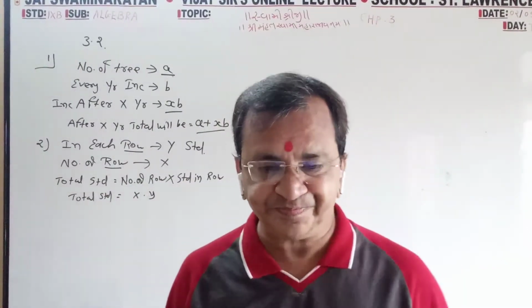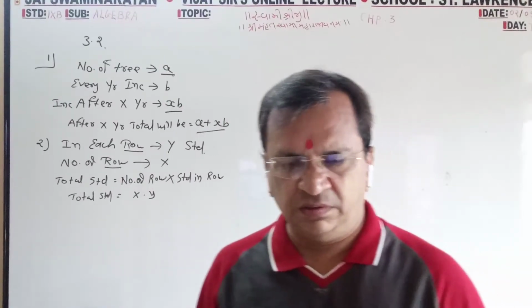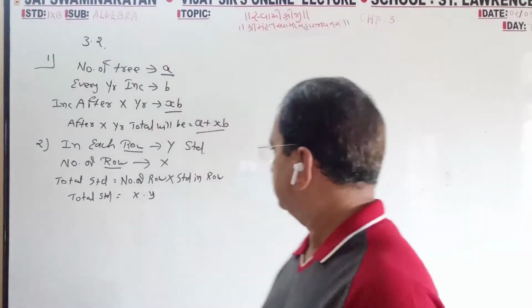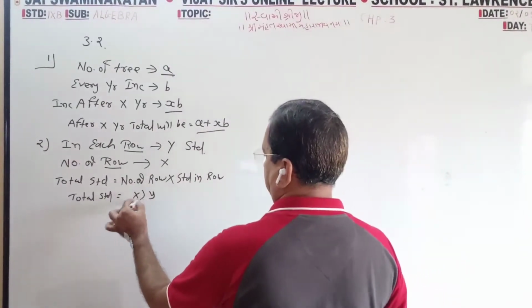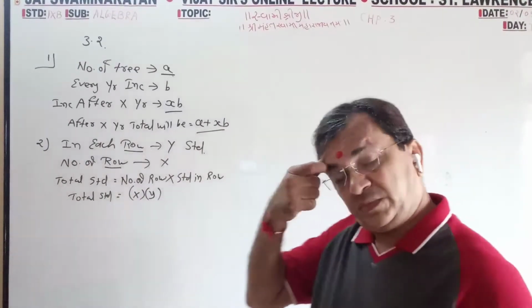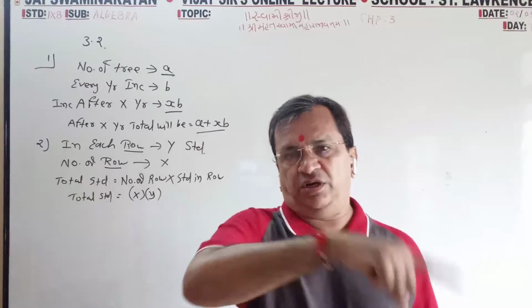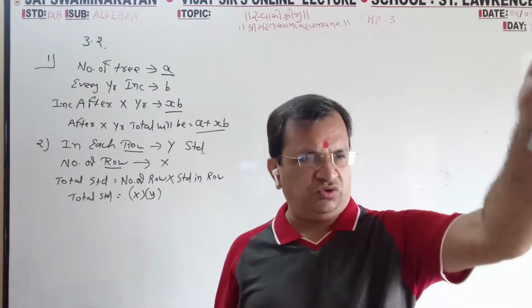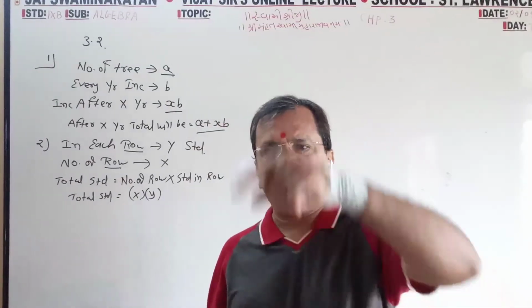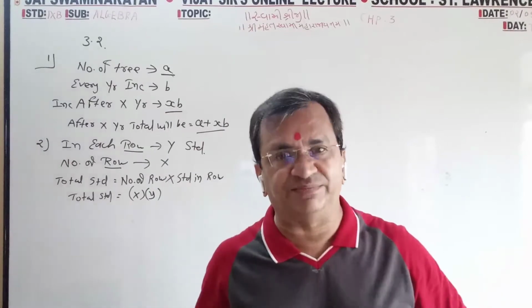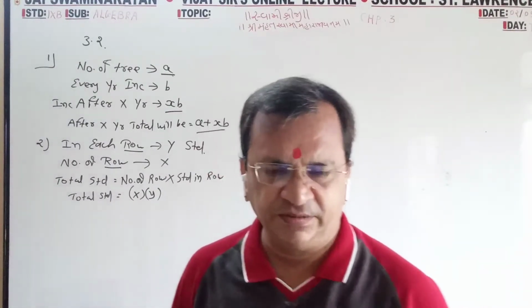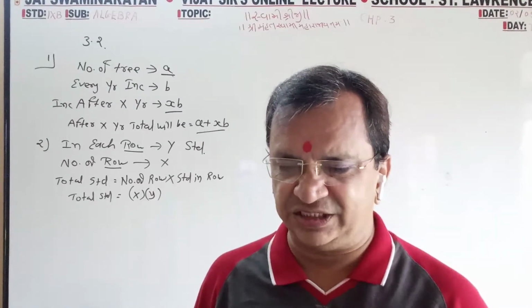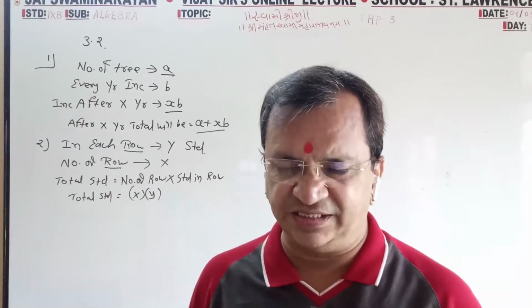Third. Tens, dot product. There are X rows, number of students in each row is Y, so XY. For example, in each row there are 5 students, 5 students, 5 students, 5 students, 5 students, 4 times 5s are like that. How many total number of students? The tens place and unit place of a 2-digit number are m and n respectively. Write the polynomial which represents the 2-digit number.